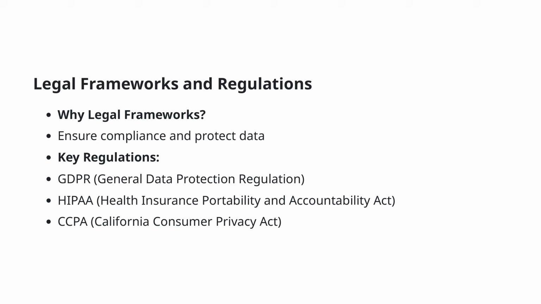This U.S. regulation focuses on protecting health information. 3. CCPA, California Consumer Privacy Act. This regulation provides data privacy rights to residents of California, giving them more control over their personal information. These regulations not only help in protecting data, but also impose penalties and offer guidelines for organizations to follow, ensuring